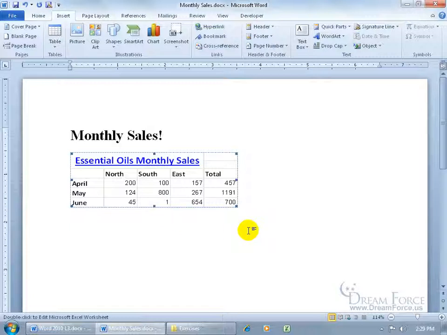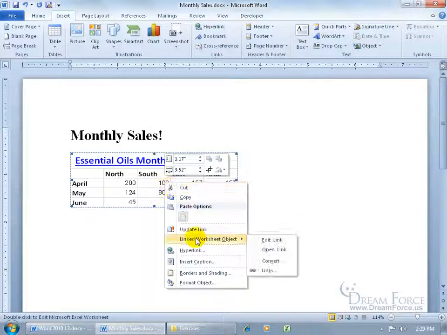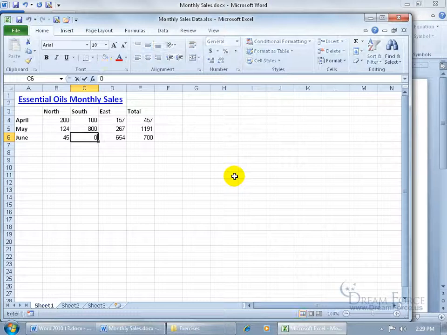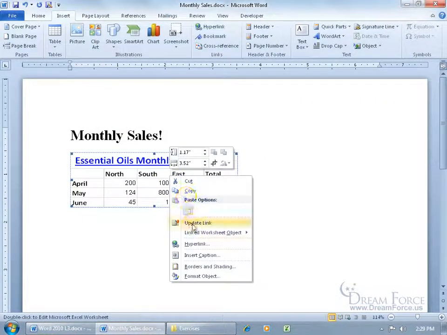Also, it looks like it condensed a little bit just around the data here, which is nice. I don't get those extra empty cells there. The other thing you can do is right click and go down to Linked Worksheet Object. You can either edit it or open the link. Brings it up again, make your change. This time it's 0. Go ahead and click Save, close out, and of course right click to update, and there's